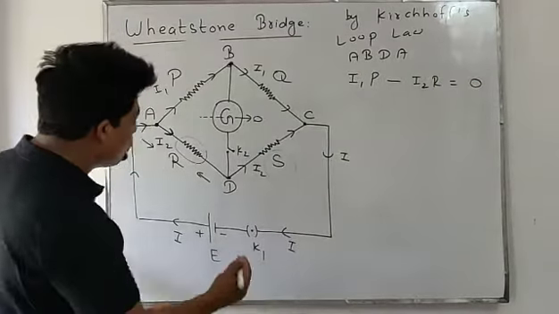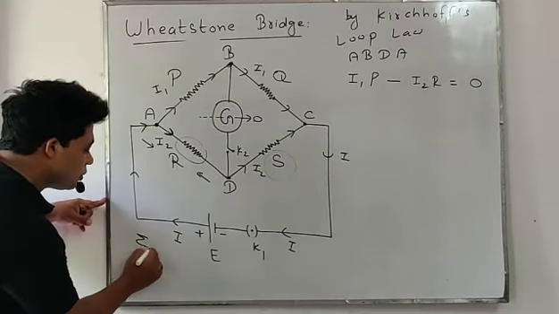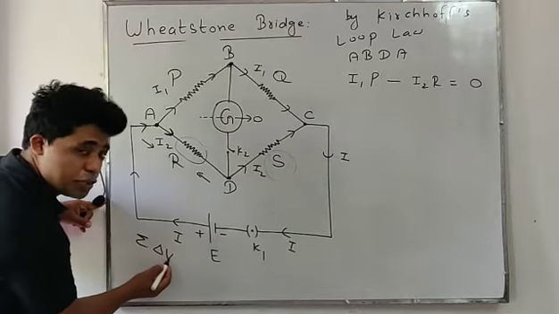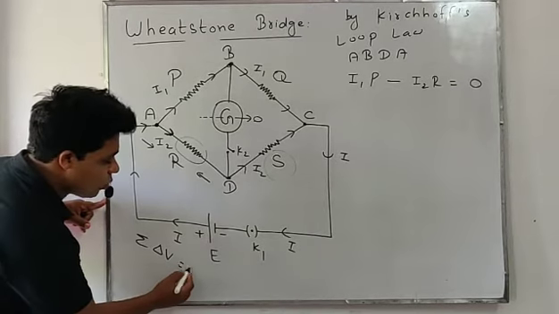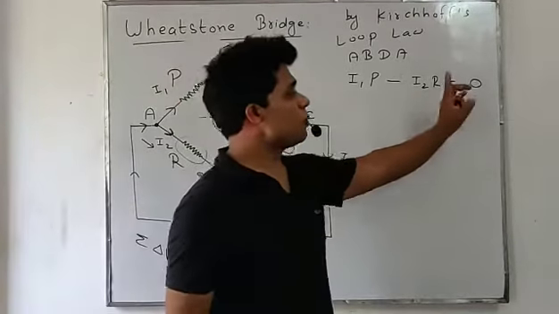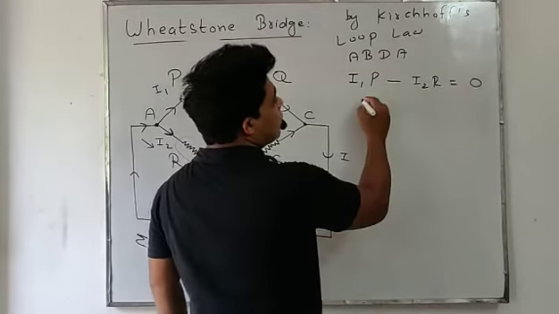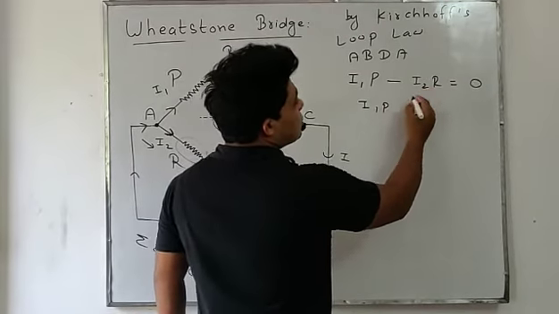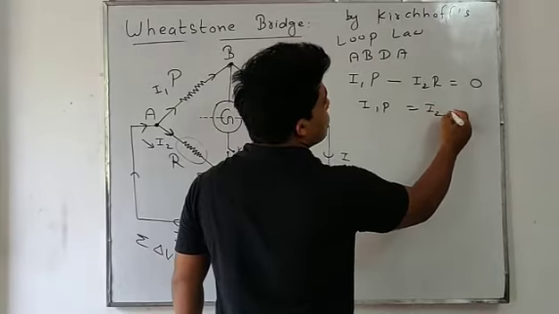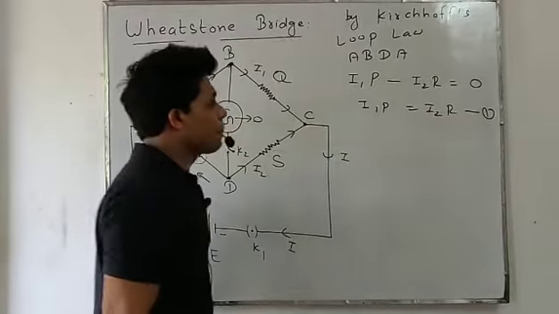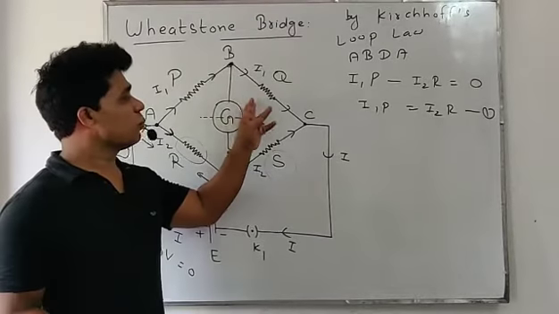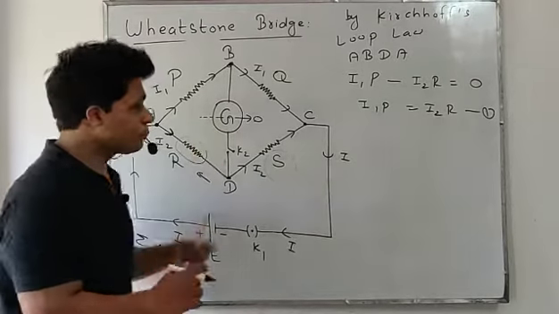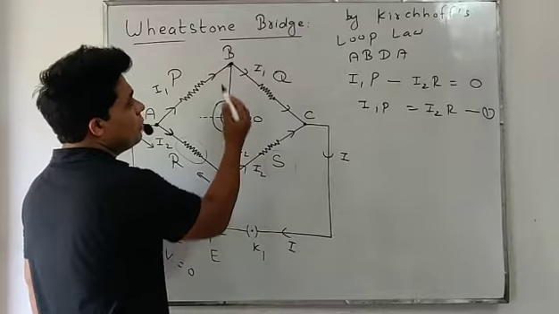As per the loop law, we know the algebraic sum of changes in potential is always 0. So the potential difference should be 0. Now students, transferring minus I2R to that side, it becomes plus I2R, equation first. Now students, I'm applying the loop law again in another loop. First of all, I applied it in this one. Now I take B, C, D, B.